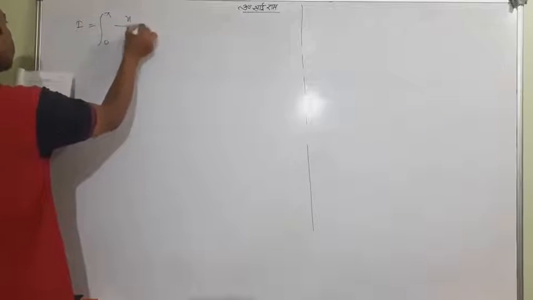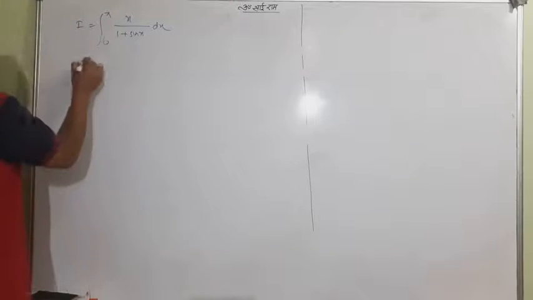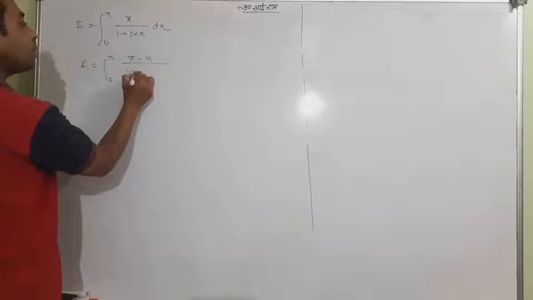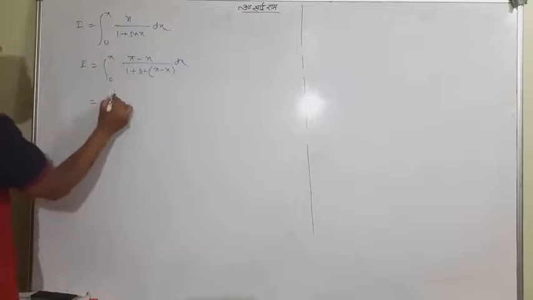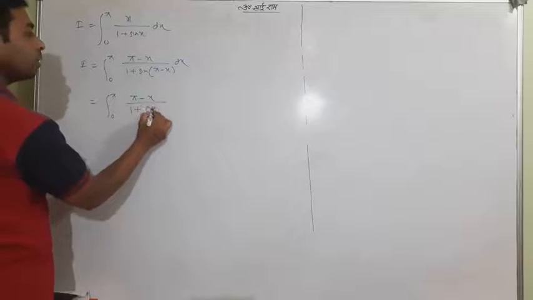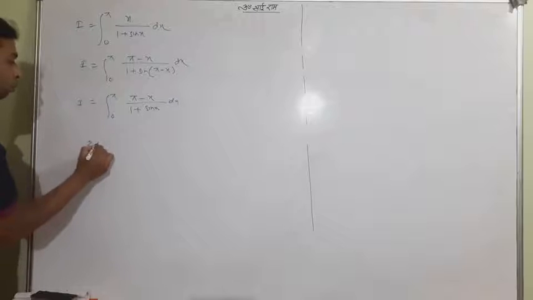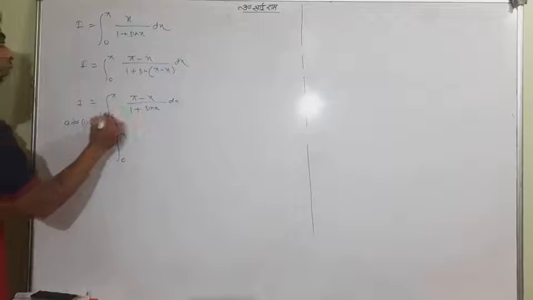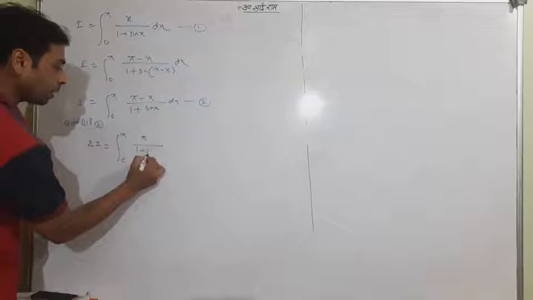The question was x upon 1 plus sin x dx. I'll say that I is equal to 0 to pi. I'll use a property. Remember that. Quickly I'm telling you, recently I've told each and everything. 0 to pi, pi minus x upon 1 plus sin, since sin of 180 minus theta is sin theta. And after adding, students, what came? 2I. Directly I'm writing, adding 1 and 2. Remember this is 2 and this is 1. After adding, it's going to be pi upon 1 plus sin x.